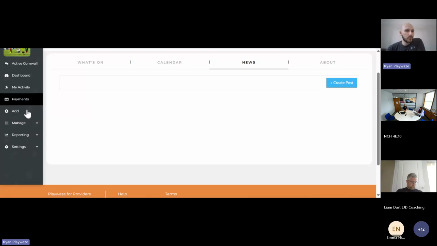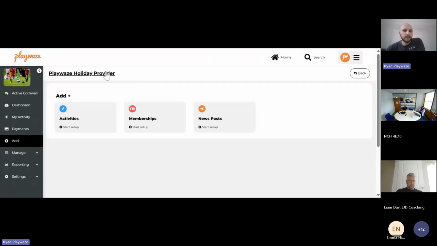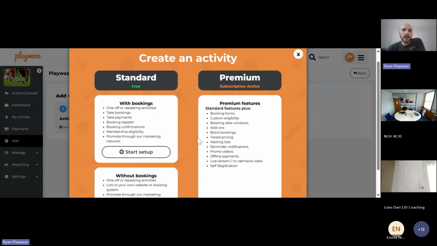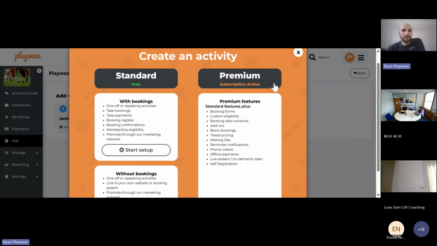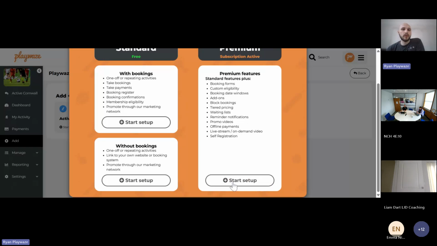I'll go through the activity create flow now. There's a few different settings that we'll cover. So you should all have premium activities enabled for you. So as soon as you followed the create link for your community, you'll sit within the Active